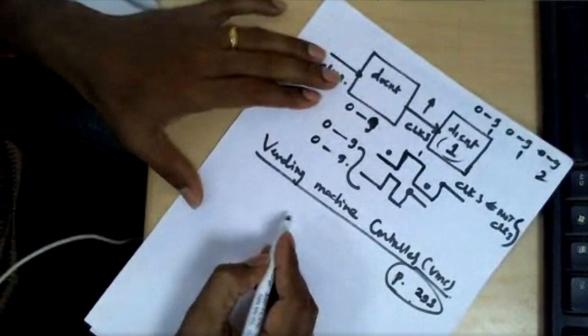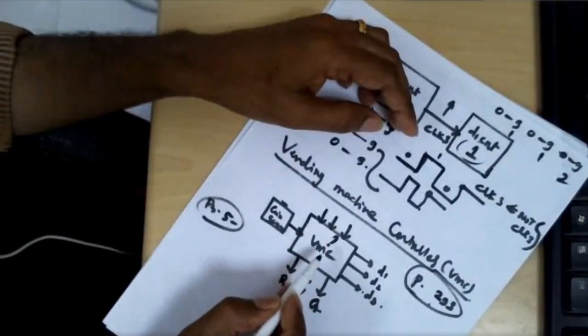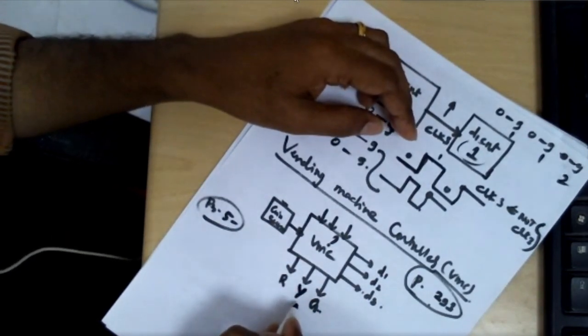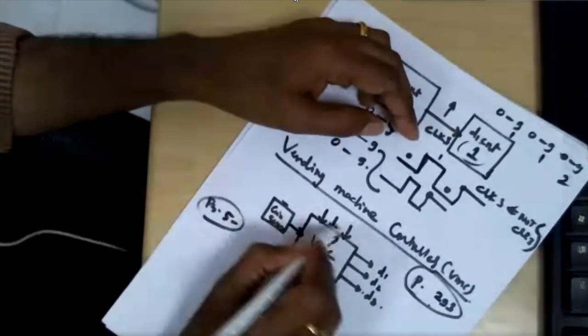Vending machine control. So suppose we assume that 5 rupees is the cost we need to pay to get any kind of drink here. Then drink selection input also will be there. 3 inputs are there, assume. So the logic is, suppose we are dropping 5 rupees here, then this coin sensor will sense it, right? And then it will inform the vending machine controller. Now our vending machine controller should glow this yellow color LED. If the yellow color LED glows, it means you can choose the drink here.